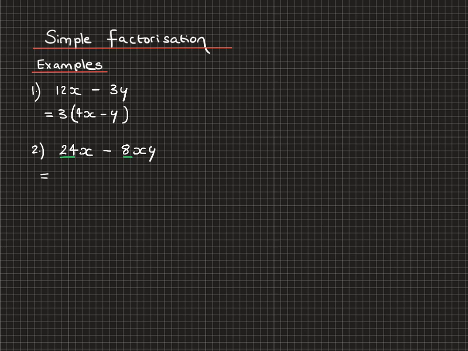You need to take 8 out, as this is the highest common factor of 24 and 8. Now, look at the algebraic components here. We can see there's a common factor of x, which I will take out like that. And that means in the brackets, we are then left with 3 subtract y. And expanding back, we can see this reverts to the previous answer. If you had just taken out a 2 or a 4 or not taken out the x, you wouldn't have